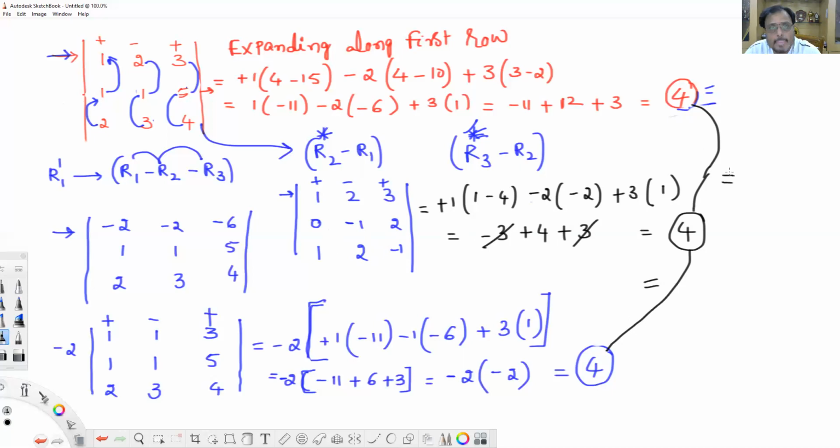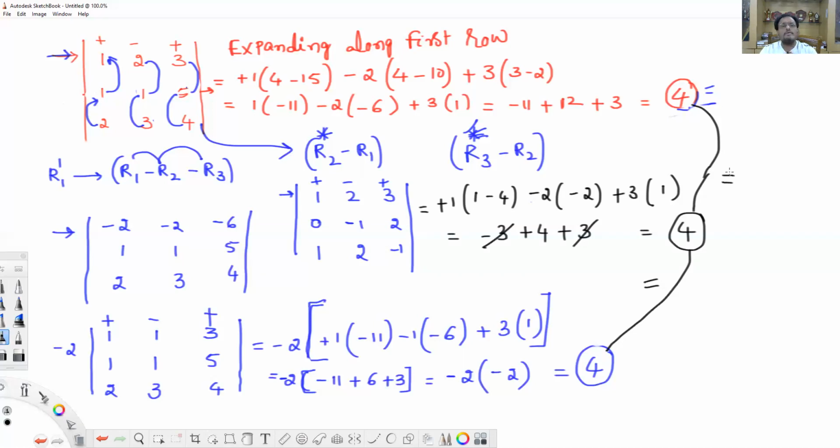Dear students, now I'm going to tell you. You take any determinant. You can subtract rows. You can add rows. You can add columns. You can multiply every element of any row or column by some same number, and the result can be added to the corresponding elements of any other row or column, even though the value of the determinant is not changed. You can do anything, add, subtract, everything. See, I have given you some examples here. So this is the most important property.